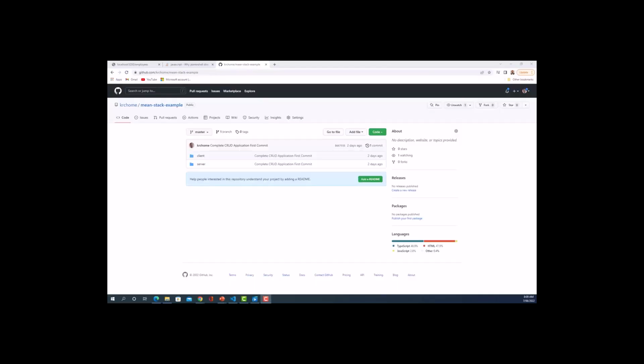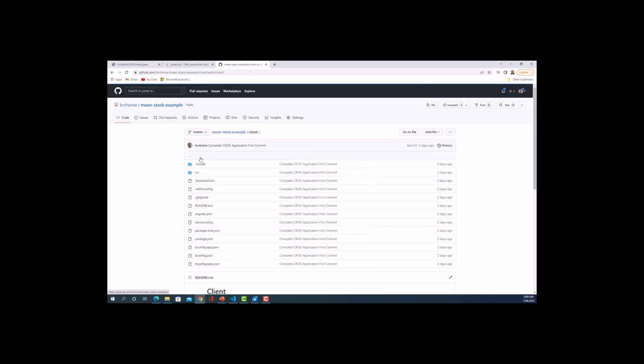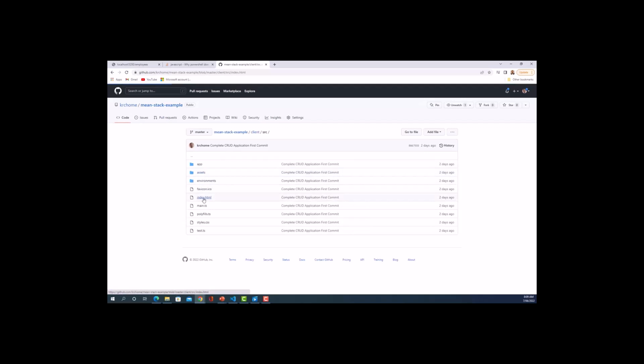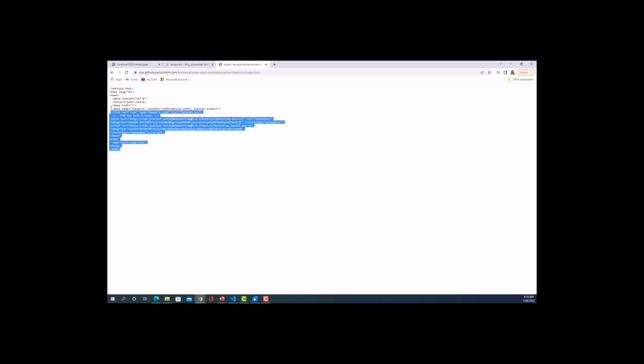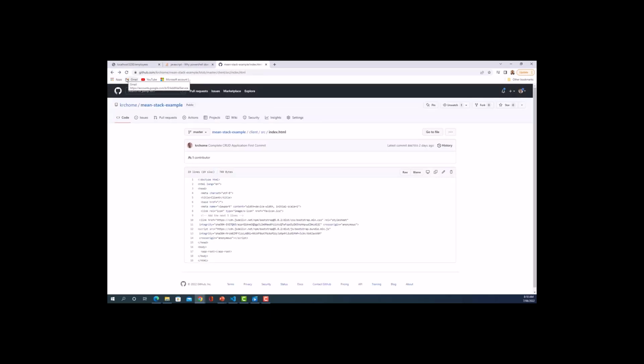Now, what I will do, I have actually made this GitHub repository for the front end as well as the back end application, the KRC Home MEAN stack example, and I will just be expanding and browsing to the correct file and folder, and then I will just copy. So in the source, I had this index.html, and I will click on raw to get the raw version of this, and I will just copy the code, and come back to my Visual Studio Code application